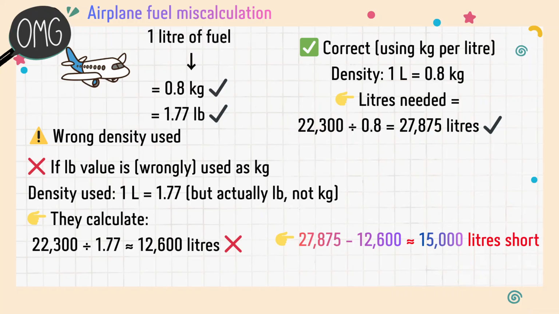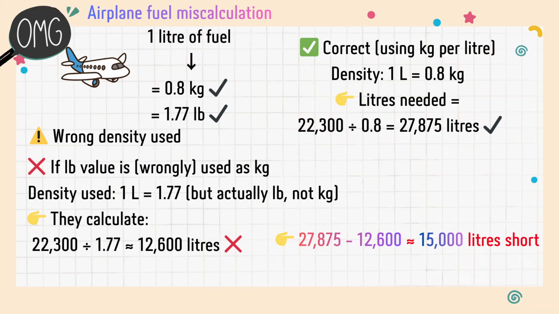The aircraft needed 22,300 kg of fuel. Some aircraft systems and countries then used kilograms, others used pounds. Further, fuel tanks stored fuel in liters. Remember, 1 liter of fuel is 0.8 kg. 1 liter of fuel is 1.77 pounds. Both are correct, but only if the units are used properly. The crew should have used 1 liter is 0.8 kg and calculated the required fuel as